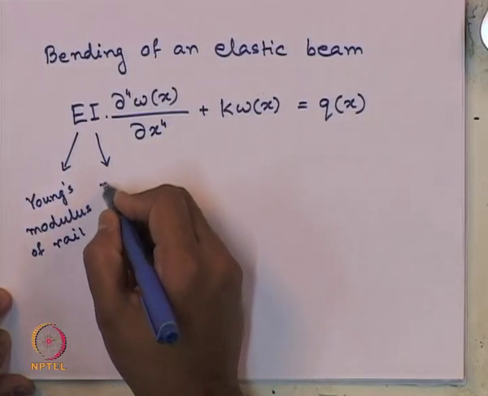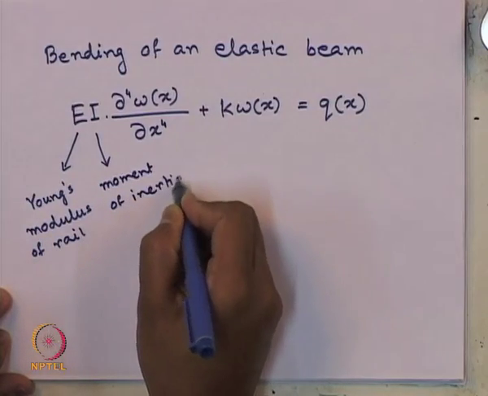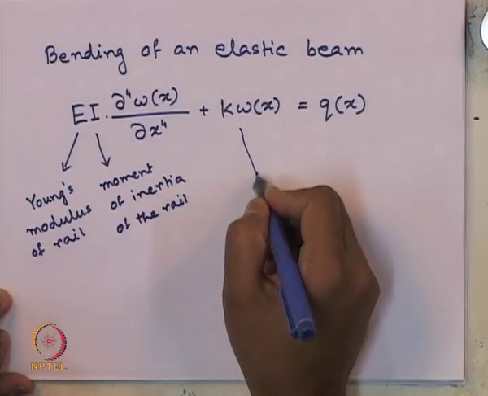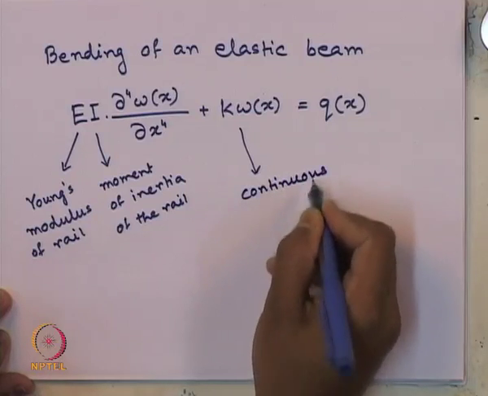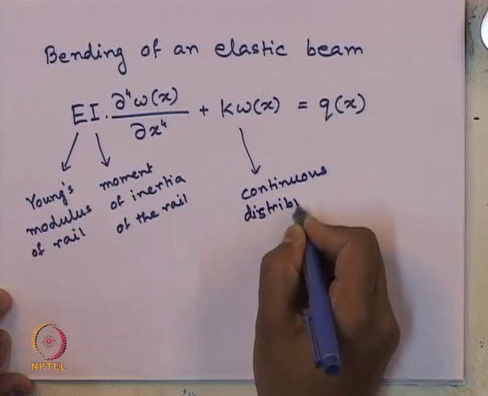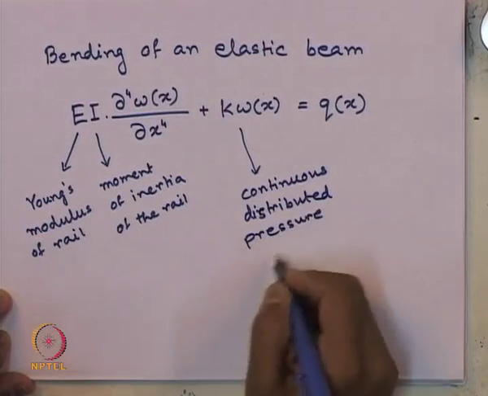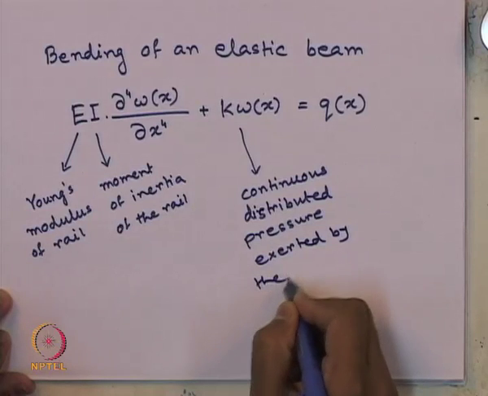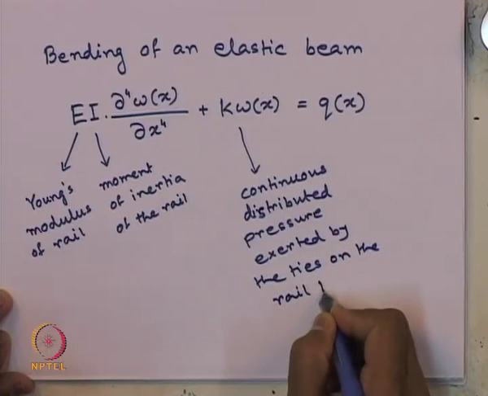This is the moment of inertia of the rail. This one is the continuous distributed pressure exerted by the ties on the rail base,